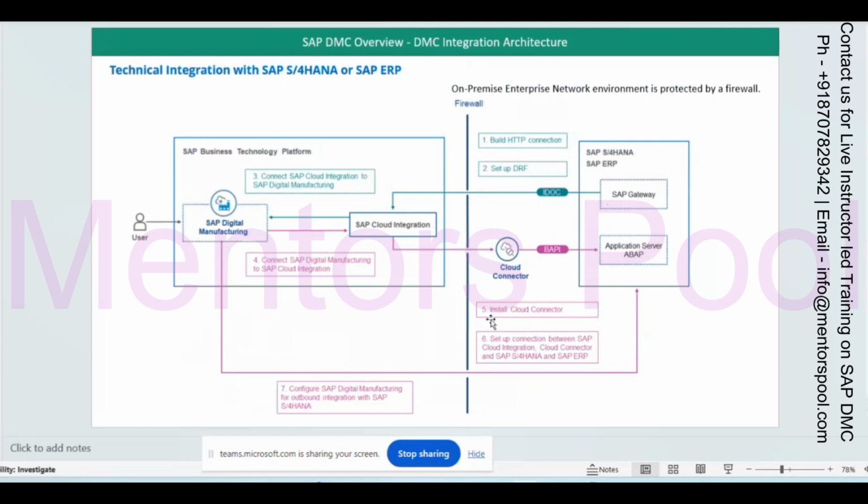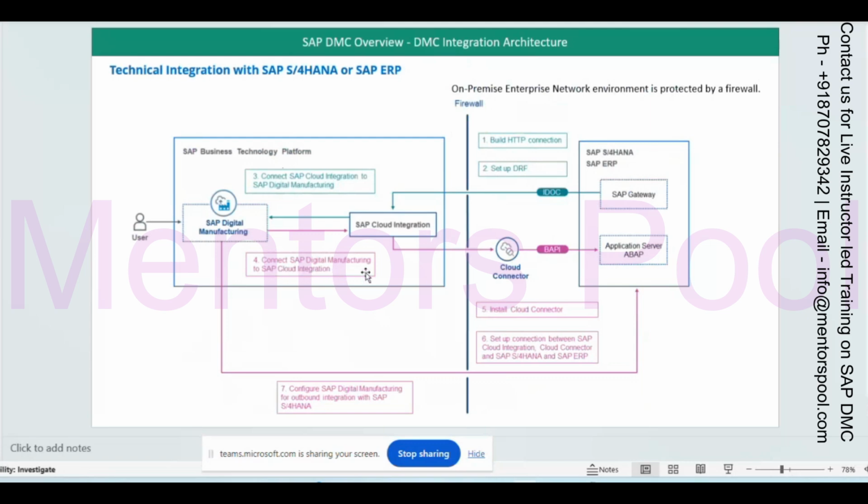Here you can see all the steps. One, build HTTP connection: you have to build it from S/4HANA to CPI and then digital manufacturing. Two, you have to set up DRF, data replication framework, in S/4HANA. Three, connect SAP Cloud Integration to SAP Digital Manufacturing, meaning CPI to digital manufacturing.